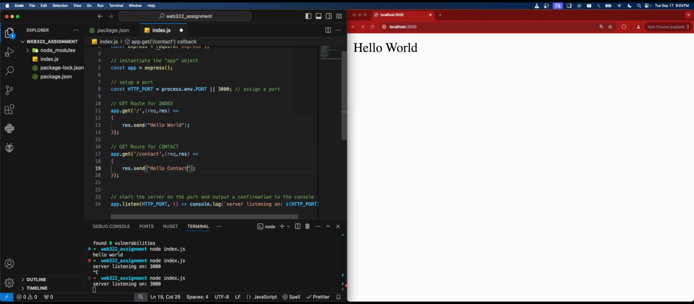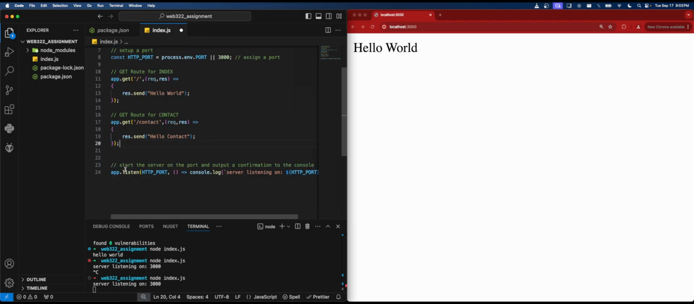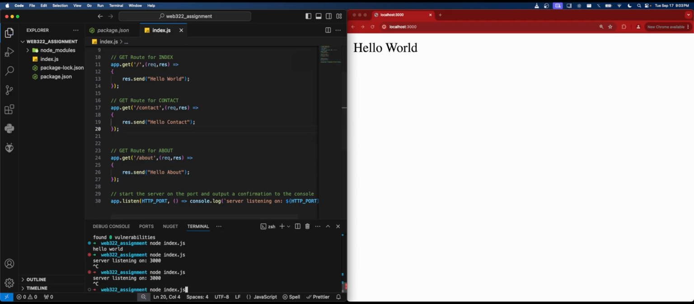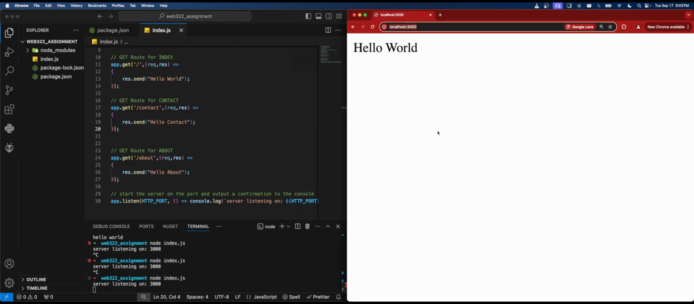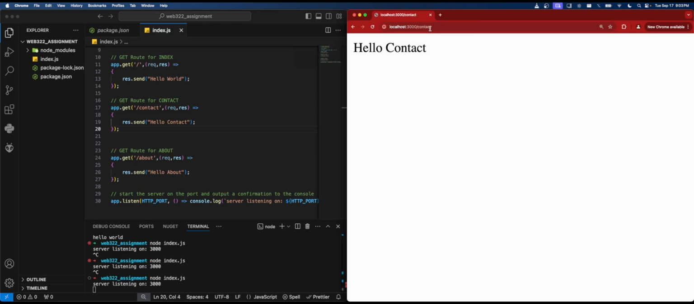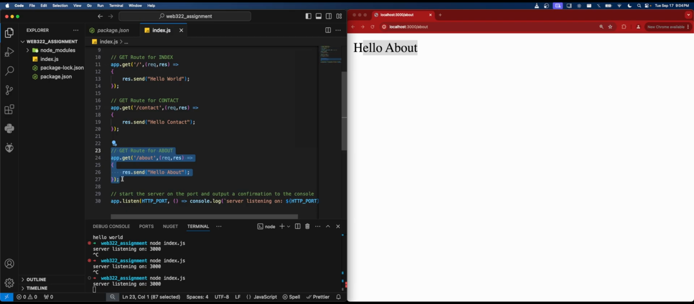And I'm going to just say hello contact. So you can make as many as you want, right? You can make one for about. Just make sure your code is updated. Right, so if I save this, restart the server, and I go to contact, I get the hello contact. And then if I change this to about, hello about, let's say I want a route for,